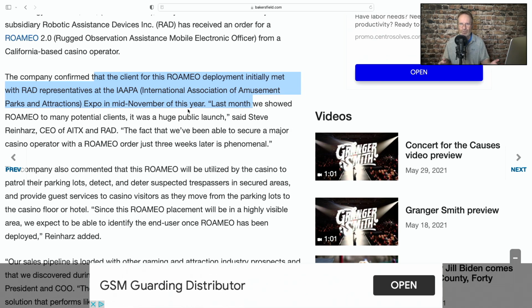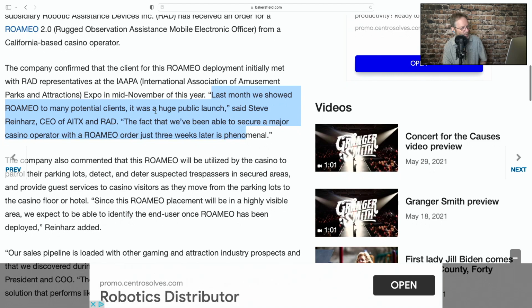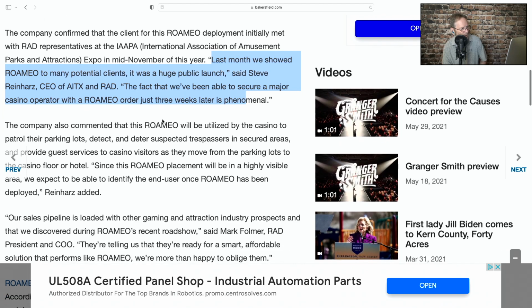A lot of these sales we're going to be getting in the future are things that they've been working on for months and months. It says here, they said, "Last month we showed Romeo to many potential clients. It was a huge public launch," said Steve. "The fact that we've been able to secure a major casino operator with a Romeo order just 3 weeks later